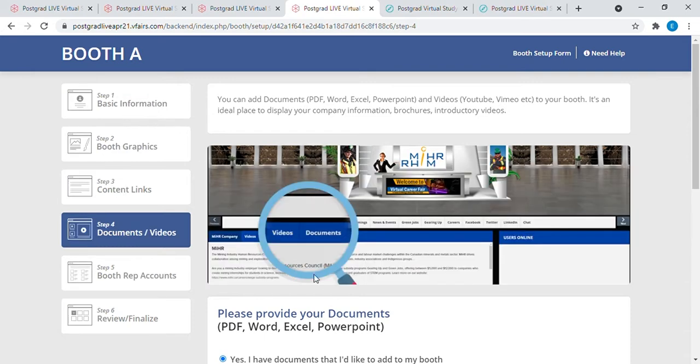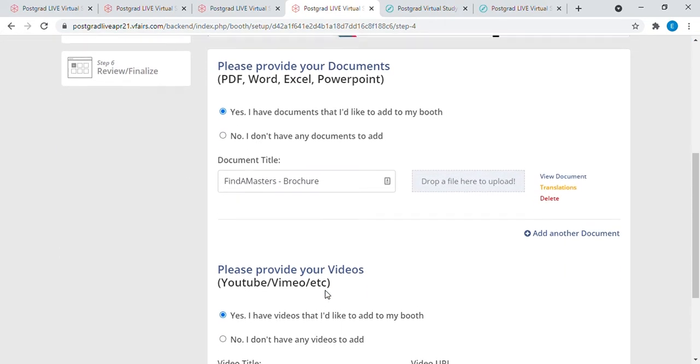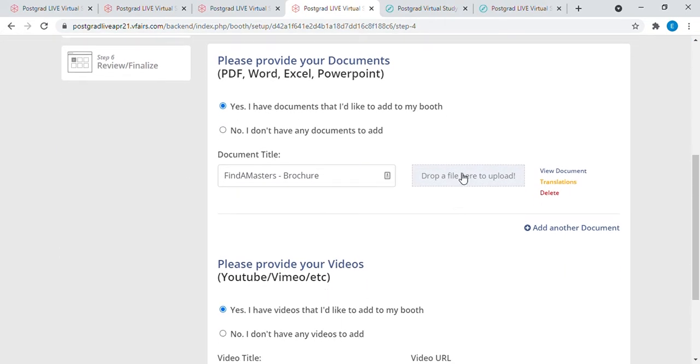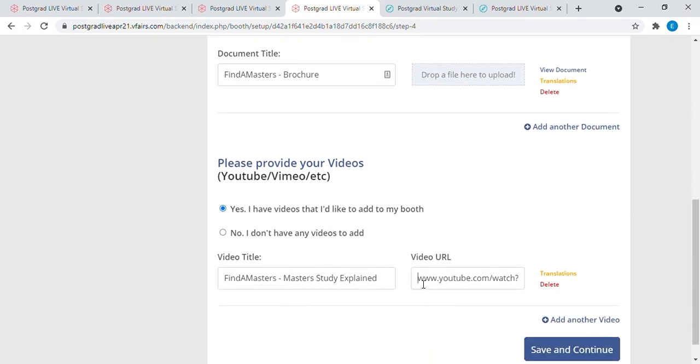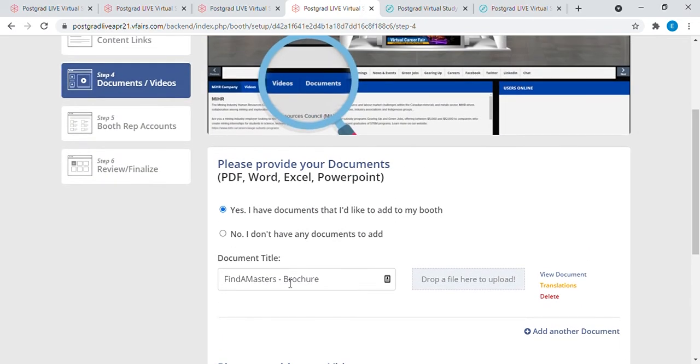Moving on, step 4 allows you to upload up to 10 documents by dropping the files into the upload box. In the past, adding these has increased exhibitor leads by just under 10%. You can also add videos here. Simply enter your YouTube or Vimeo URL. Please ensure the file titles include your institution name so it's easier for students to spot these when using the